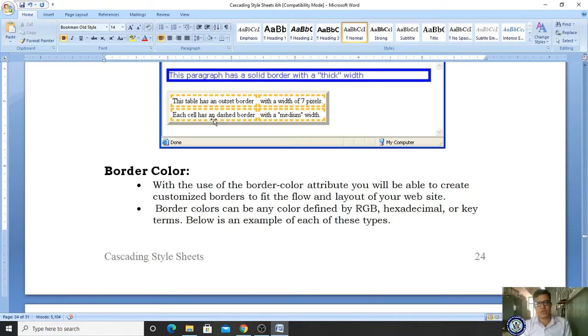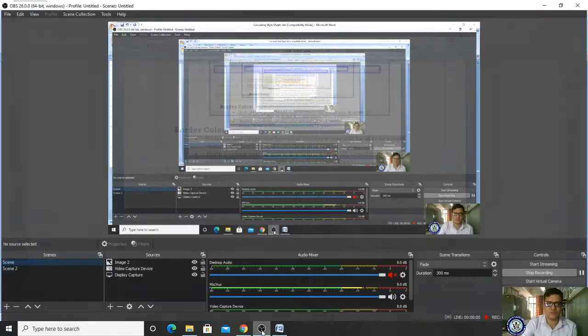If you are designing a neat website, you are supposed to specify the border color attribute. By using it, you are customizing your borders, and it also gives an impression for your websites. Border colors can be any color defined by RGB, hexadecimal, or key terms.